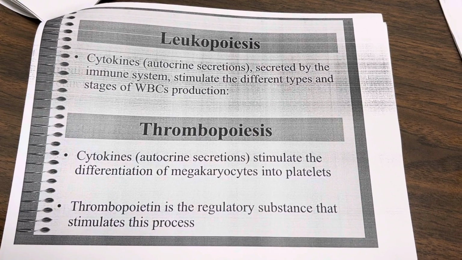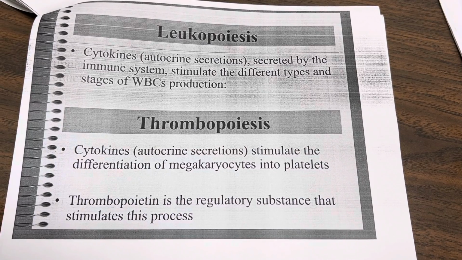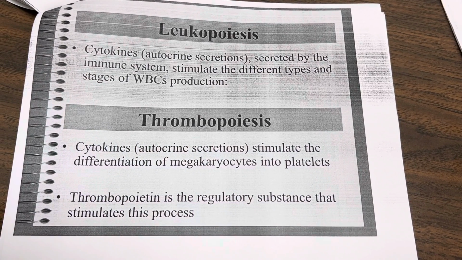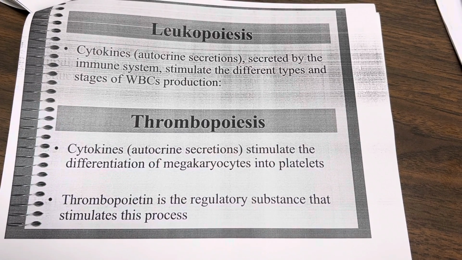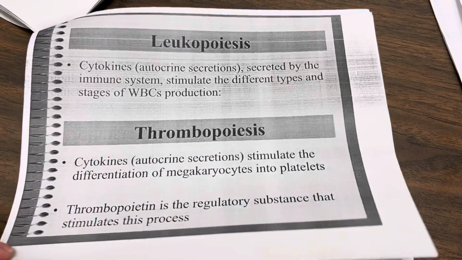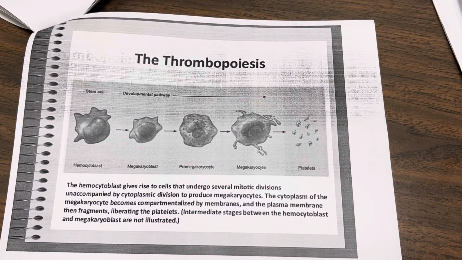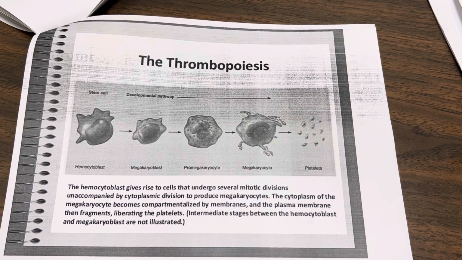In thrombopoiesis, cytokines stimulate the differentiation of megakaryocytes into platelets. Thrombopoietin is the regulatory substance that stimulates this process. In thrombopoiesis, the hemocytoblast gives rise to cells that undergo mitotic division,